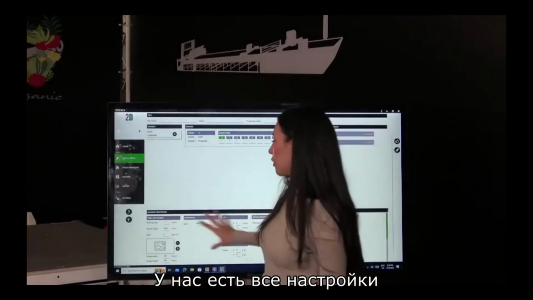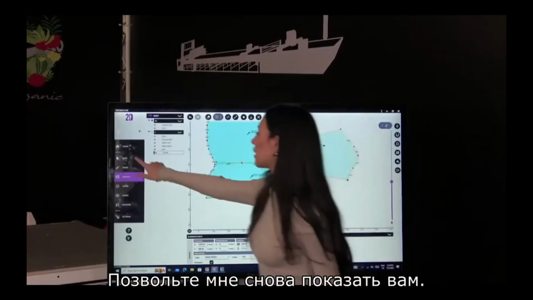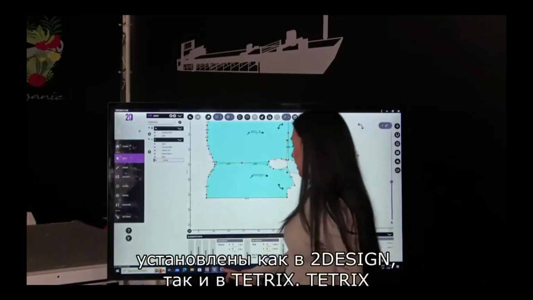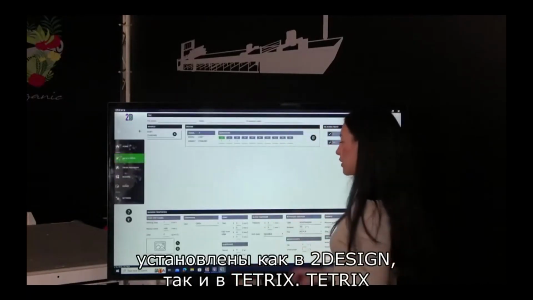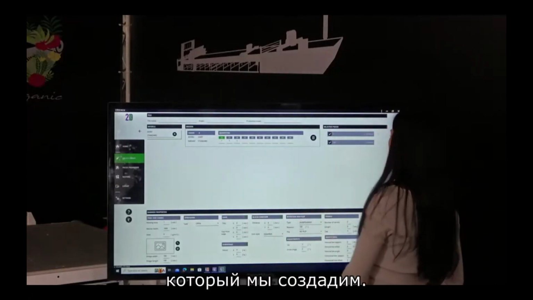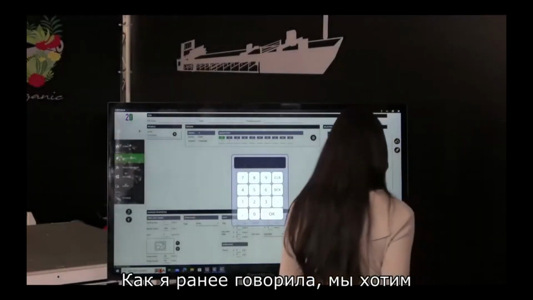Here we have all of our marker settings that we saw also in 2Design. Let me show you again so we can see it right here. These can be set up both on 2Design or Tetrix. Tetrix will apply them only to the specific marker that we are creating. So as I said previously, we want to create